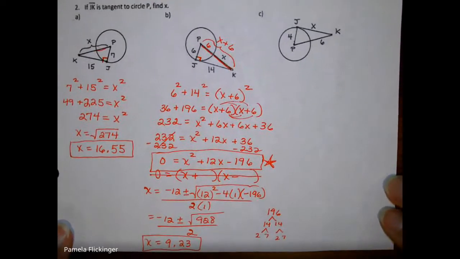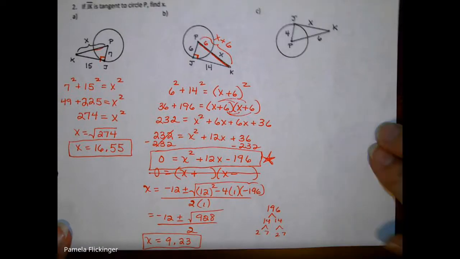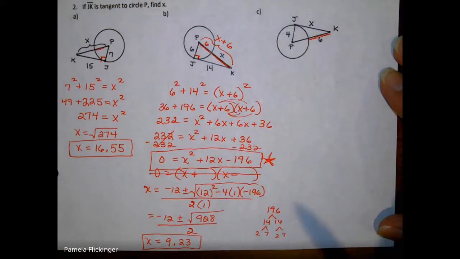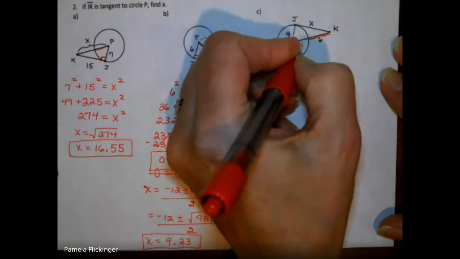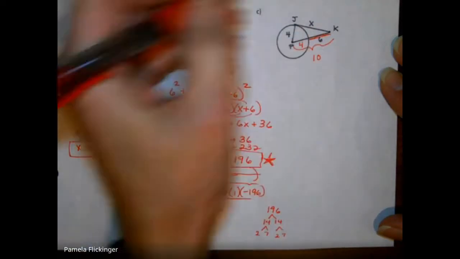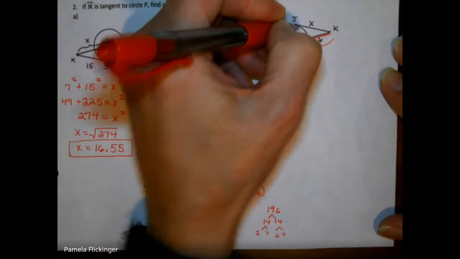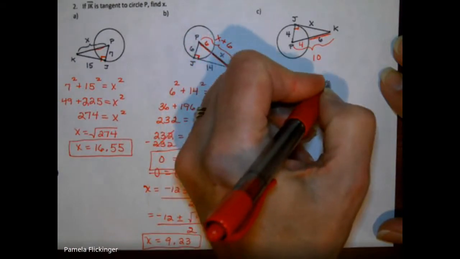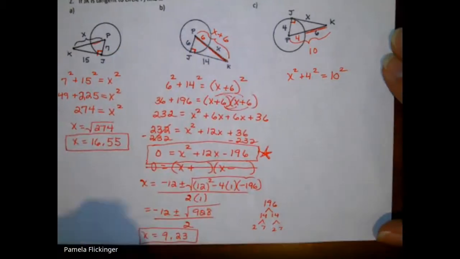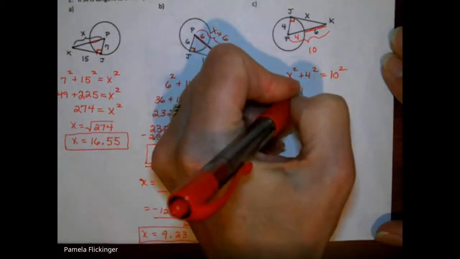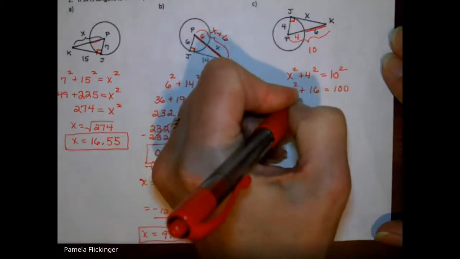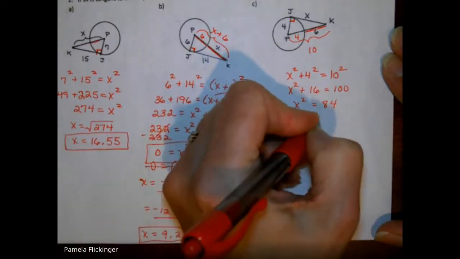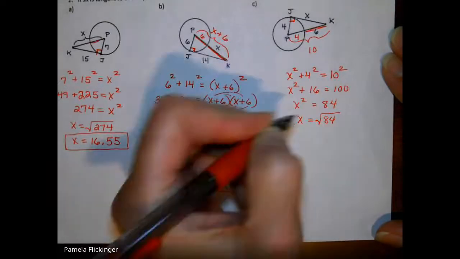All right, the last example. Again, notice that the 6 that's labeled out here does not represent the whole side. There's this little piece here that's also 4. So all of this would be 10. Now our right angle is where the radius and the tangent meet. So that 10 is the hypotenuse. So this time we would have x squared plus 4 squared would equal 10 squared. Going to be a lot easier. So we've got x squared plus 16 equals 100. Subtract the 16, and we're going to get 84. And then x would be the square root of 84, which